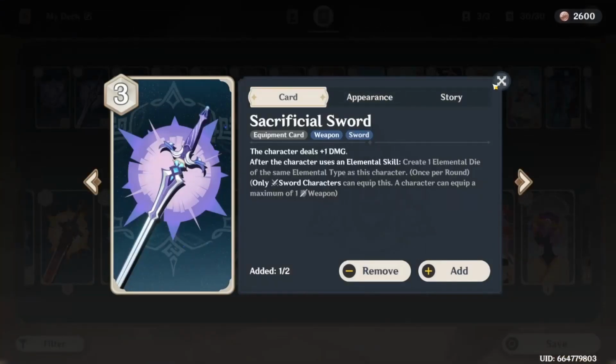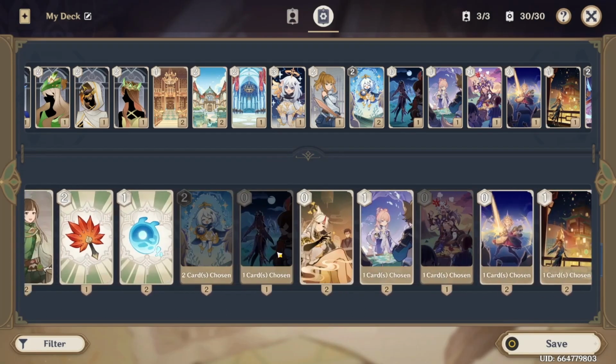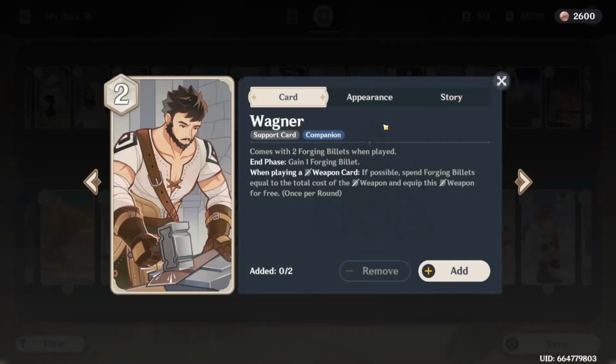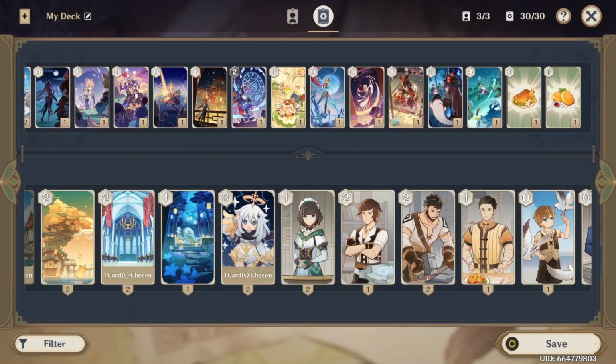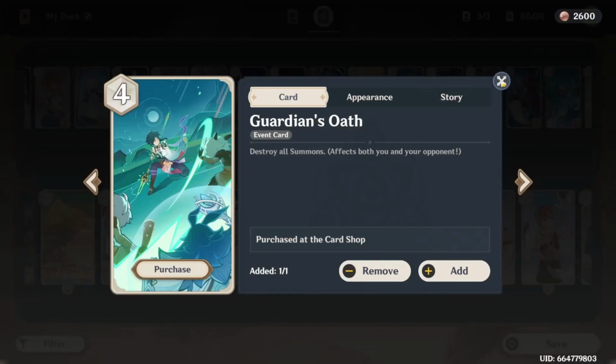Sacrificial Sword here, you may notice that all of them cost 3, a little bit more expensive. You may think, I should probably look at ways of cheaping that up too. And so you'd add cards like Wagner, that then you take out. Honestly, I wouldn't even recommend running Guardian's Oath unless you're playing against the